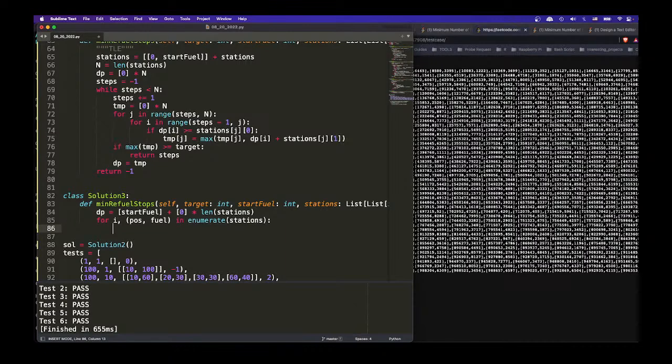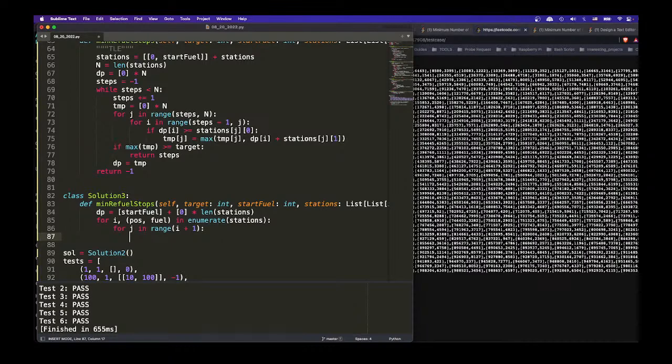So we say for j in range from the beginning until i plus 1, because that's just a step, right? Because i as a first station, that's a 1 step. So we go 0 step, right? So for each of these j,